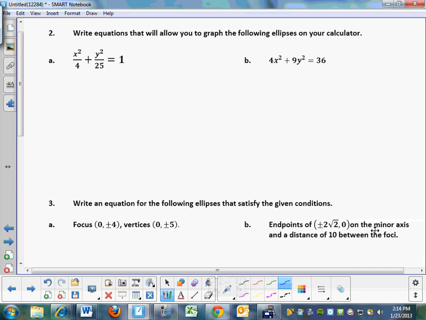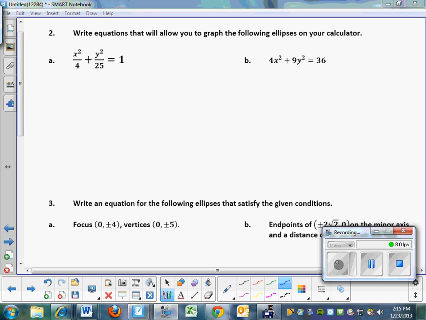Okay, let's get started. We need to do ellipses. Go, gadget ellipses. Write equations that will allow you to graph the following ellipses on your calculator. Come on in, Miss Nelson. All right, okay, so